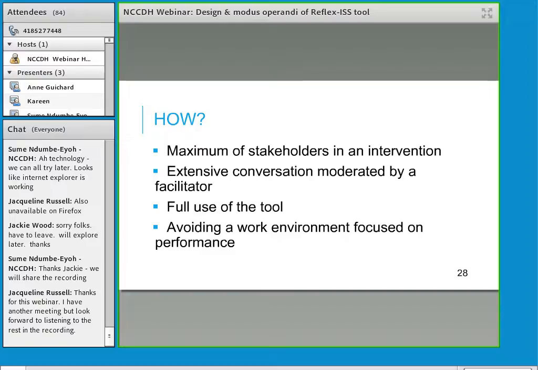After our study, we recommended that a reflexive analysis be done with a maximum of stakeholders engaged in the intervention. To facilitate discussions between stakeholders that have very different knowledge and experience about equity in health, it is best that teams call upon a facilitator with sufficient knowledge about social determinants of health, conceptual issues, theories, methodologies related to social inequalities in health, and maybe group facilitation competencies.